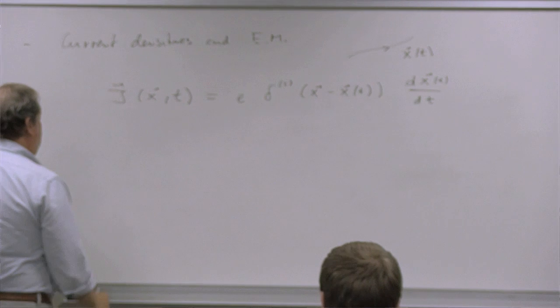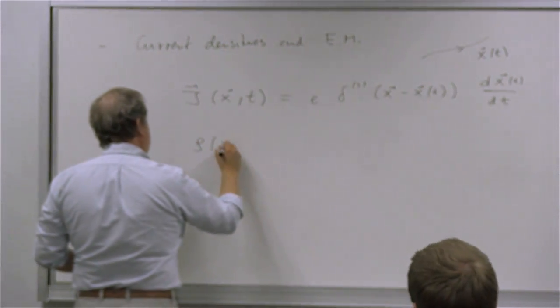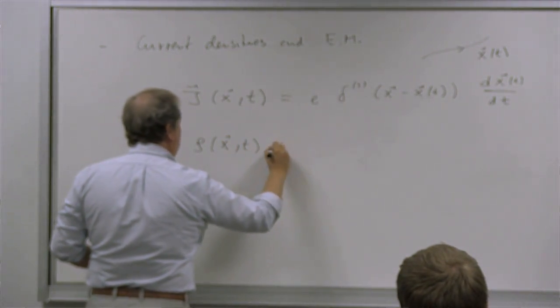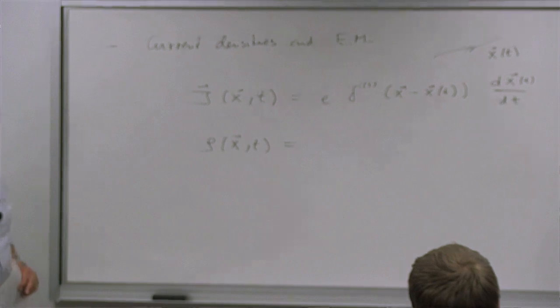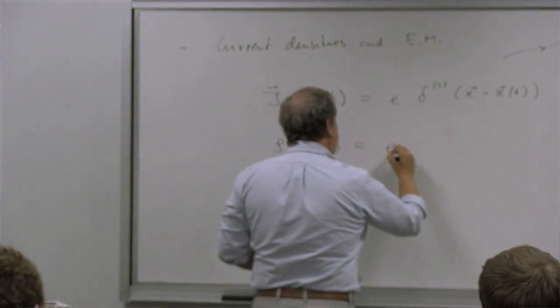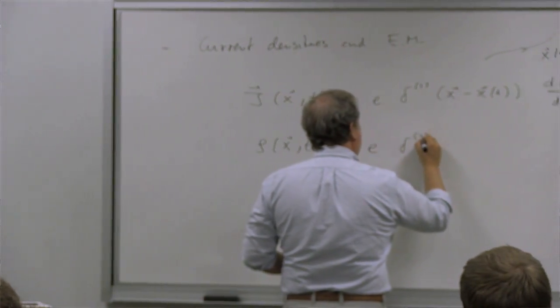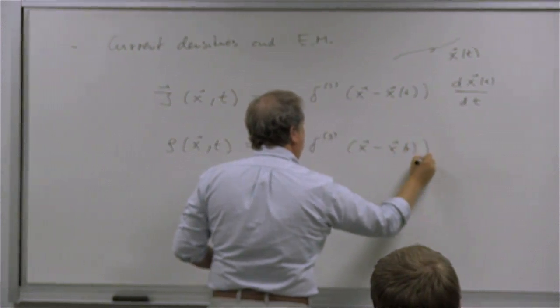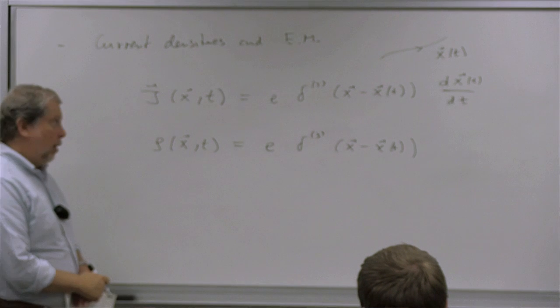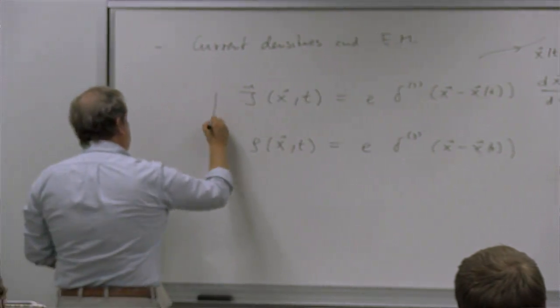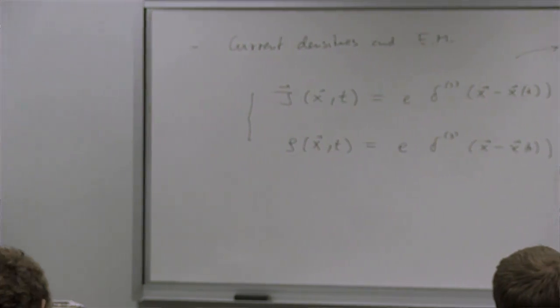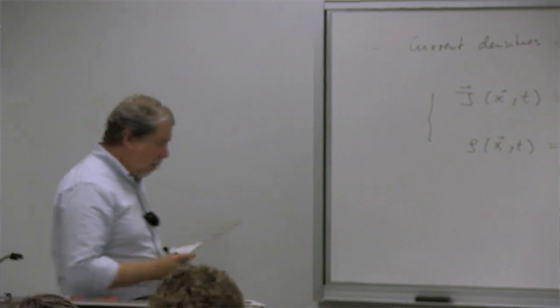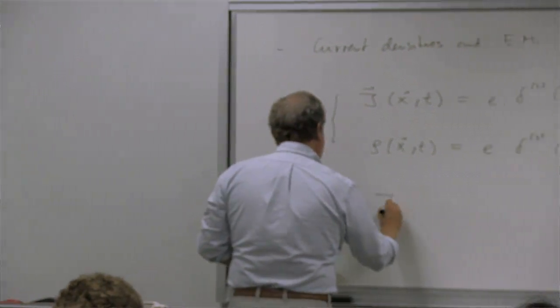All right, so that's our current density. And then we have the charge density, rho of x and t, and that has a similar form. It will be E times delta 3 of x minus x of t, and then there is, of course, no velocity term. So these are the four entities that describe an electromagnetic current, which suggests that we group them together into a